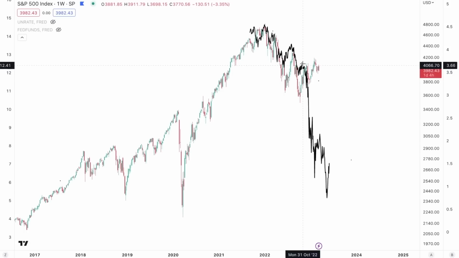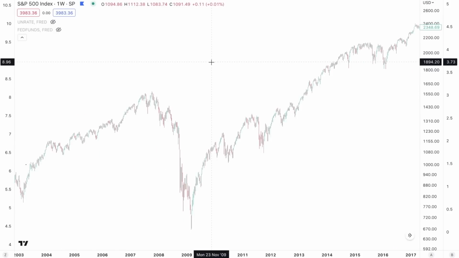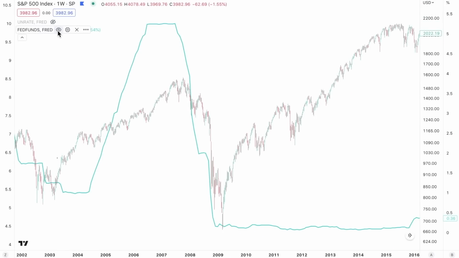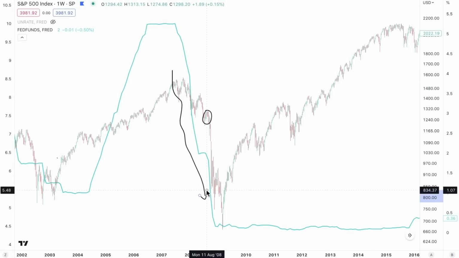Now, what did the macro environment in 2008 look like at this moment right here after the first half of the bear market was done? We can go back to 2008 and take a look at what the Federal Reserve, the US Central Bank, was doing right here around July of 2008, so 12 to 14 months after the top of the bear market. You can see this is the federal funds rate. It was declining significantly. The Federal Reserve was easing monetary policy very aggressively, and yet the market kept on falling